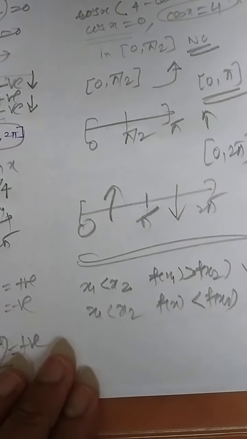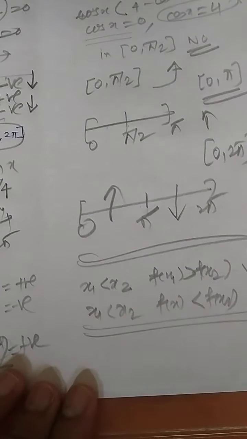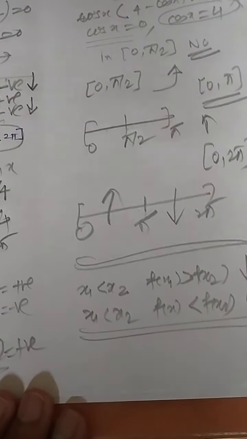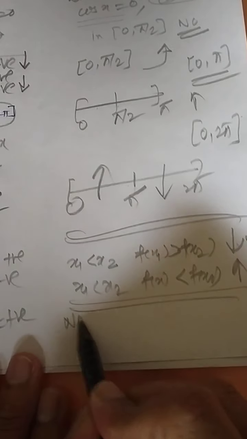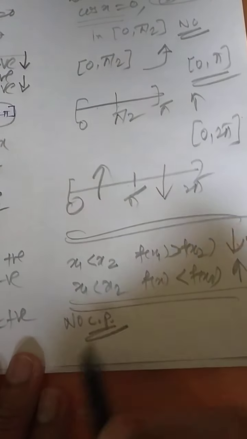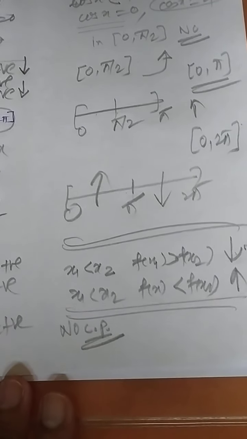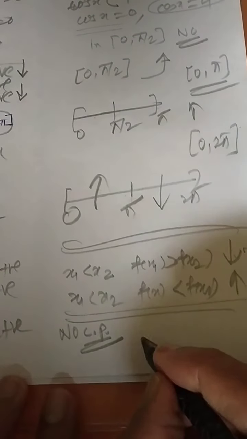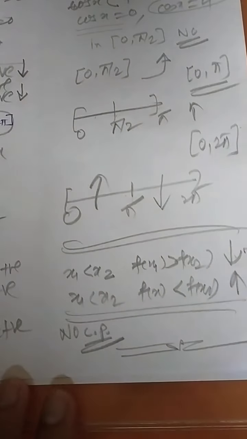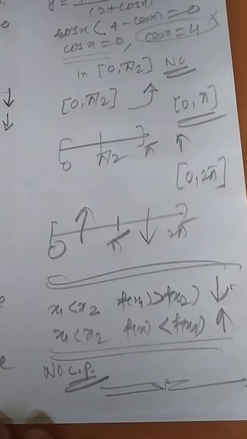Increasing function means the same nature will continue. Sometimes it may happen that you will get no critical point. In that case, if there is no critical point, you cannot get the critical point. We'll talk about f dash of x, whether it is positive or negative in that domain, and we'll conclude. So such types of remarks you can use to answer the question.